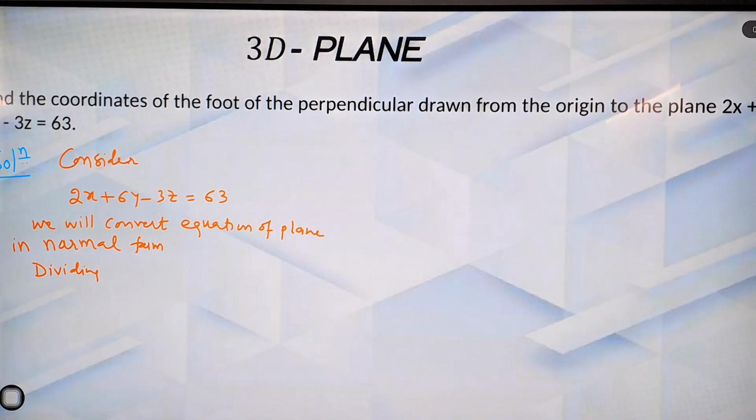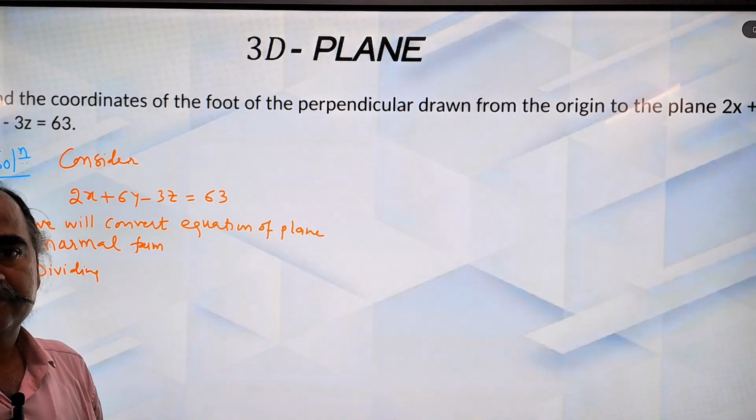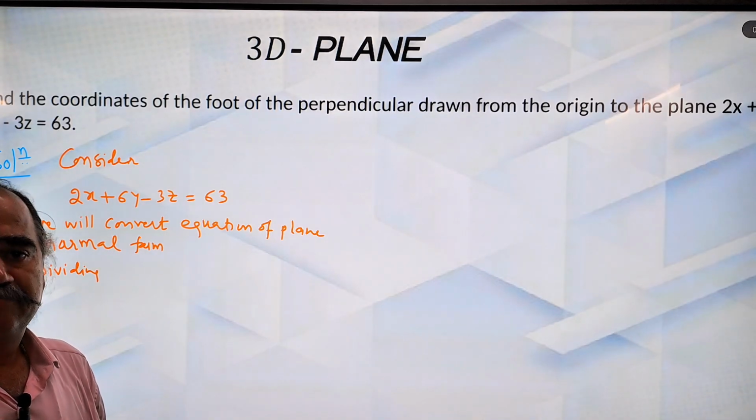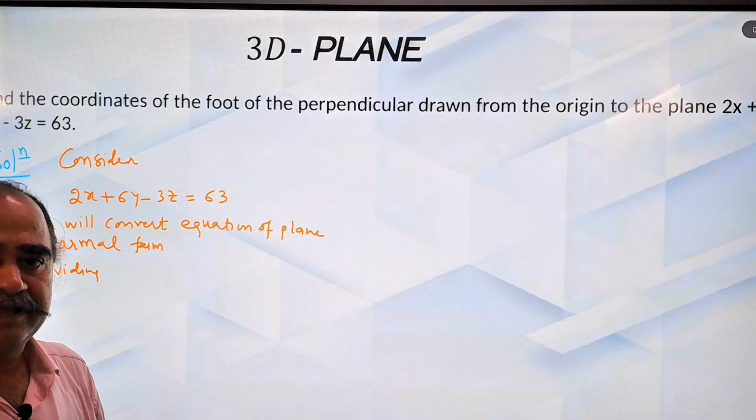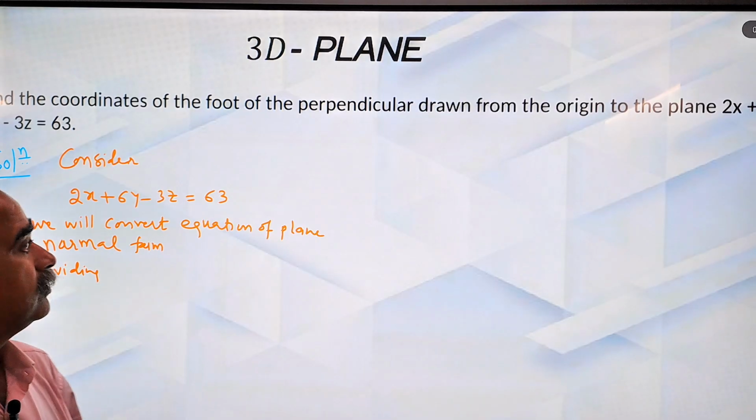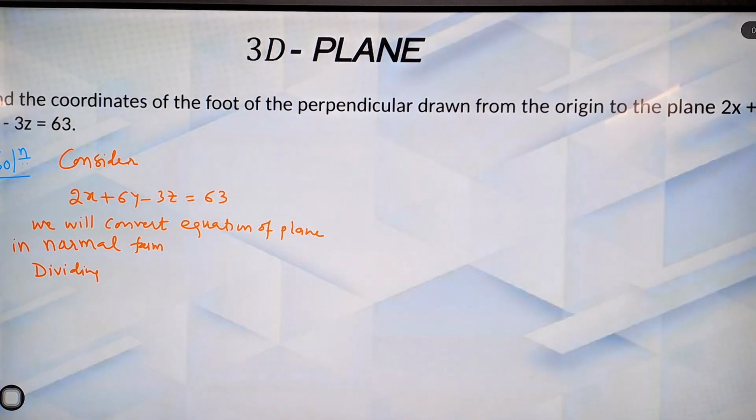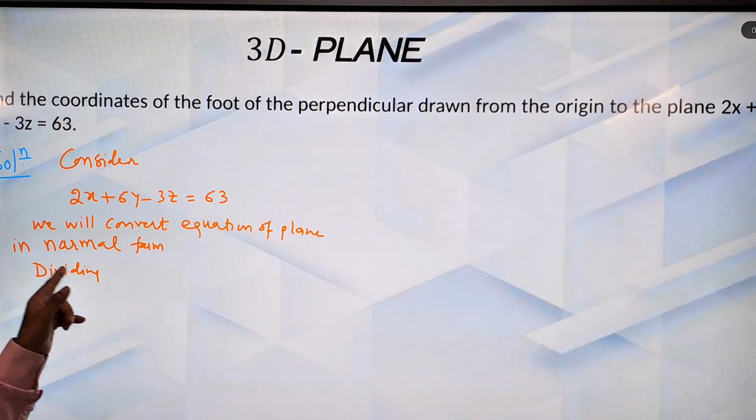Find coordinates of foot of perpendicular drawn from origin to plane 2x plus 6y minus 3z is equal to 63. Whenever we have to find out foot of perpendicular, we will convert equation of plane in normal form. So consider 2x plus 6y minus 3z is equal to 63. We will convert equation of plane in normal form,